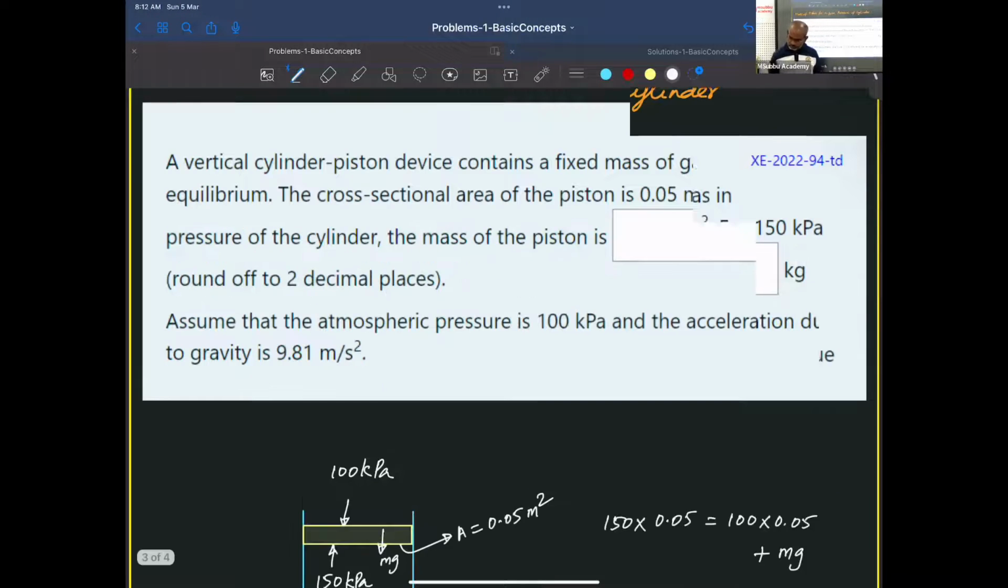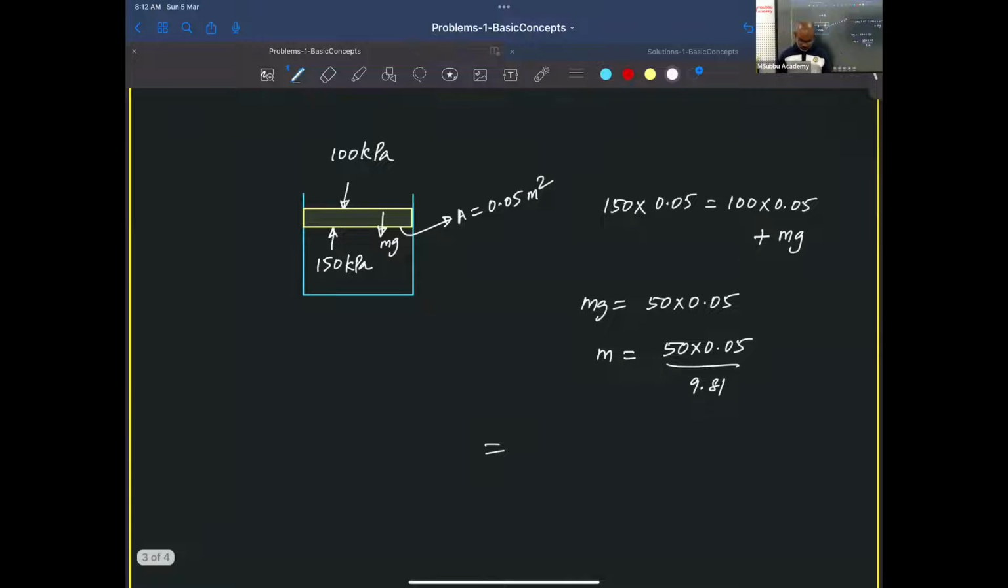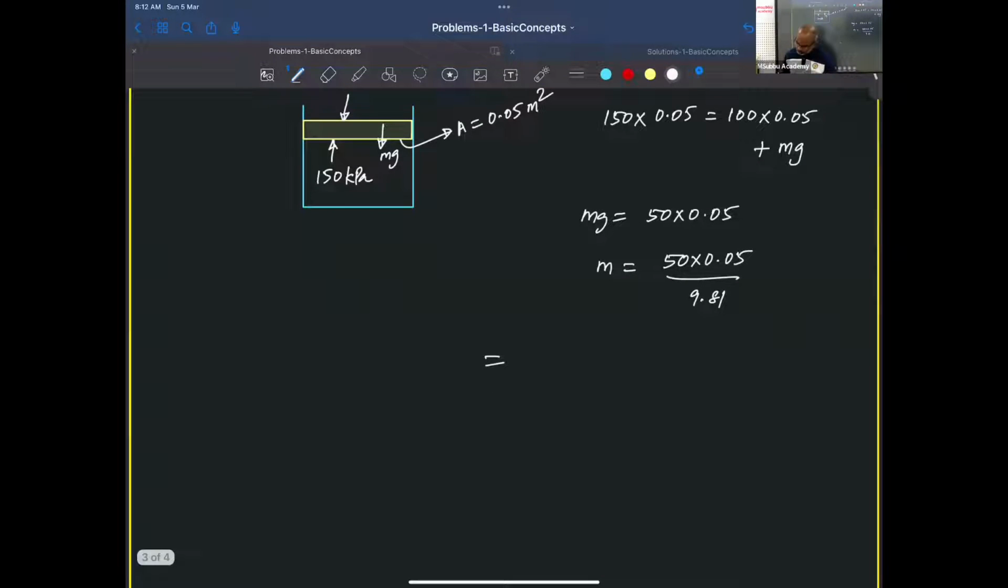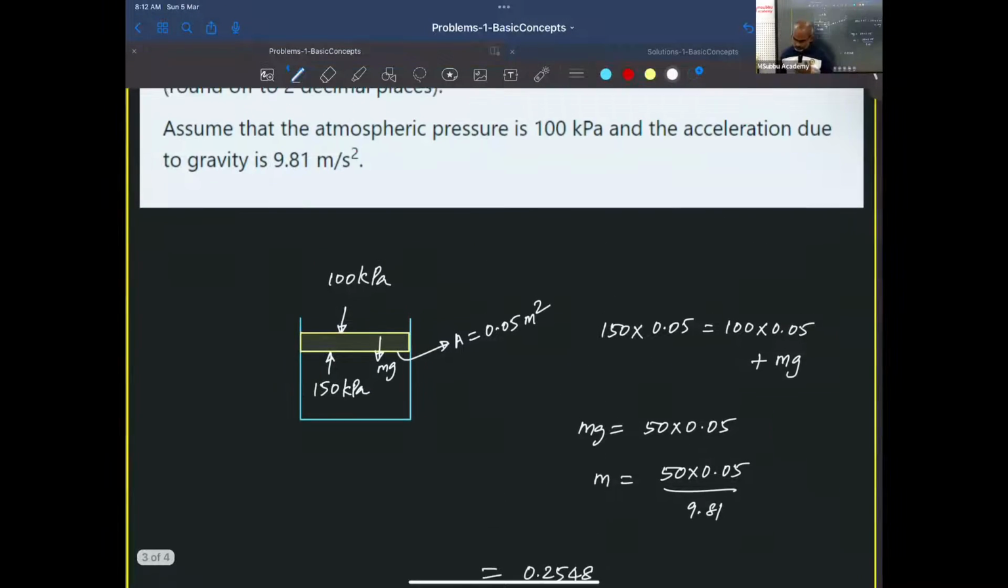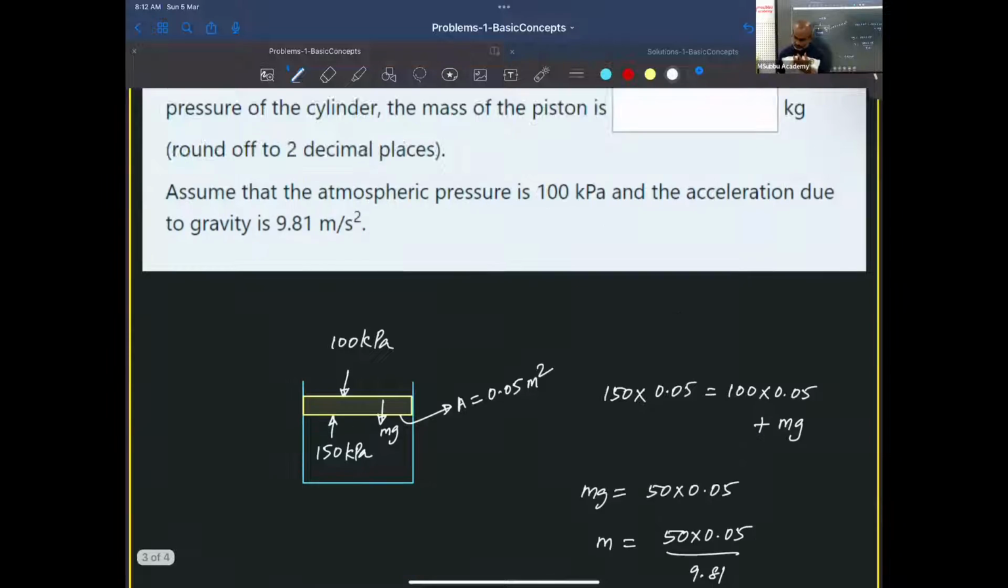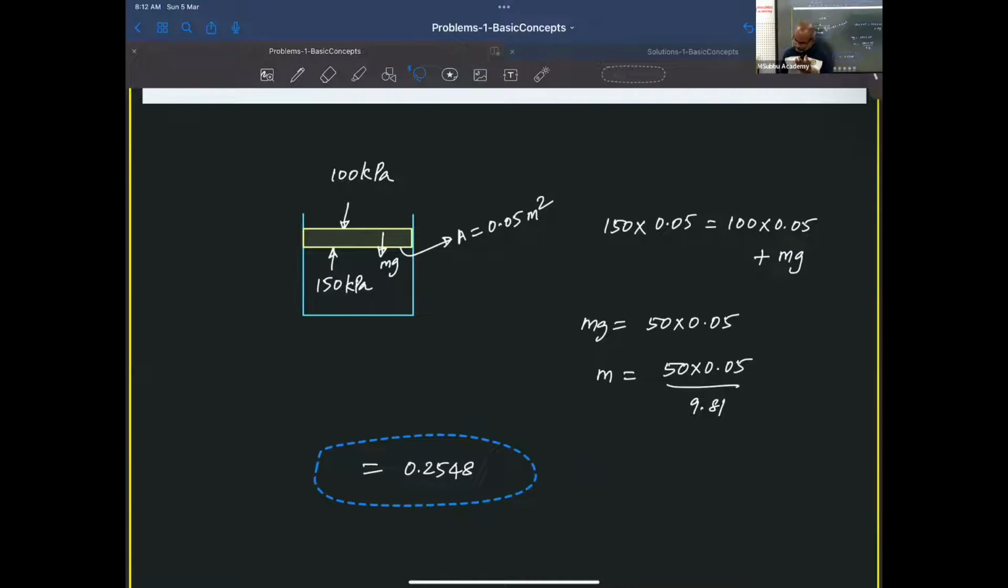What is the answer for this m? m is equal to 50 times 0.05 divided by 9.81. So 0.255, I'm getting 0.2548 to be precise. So what is the unit here? Is it directly equal to kg? That we need to verify. So now let us write the unit as such. What is available for